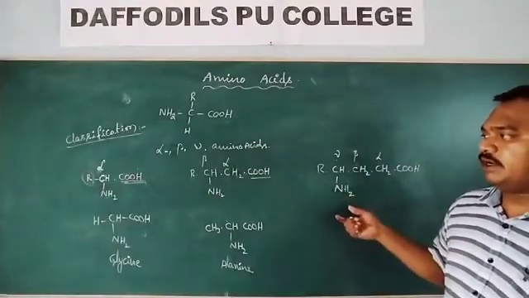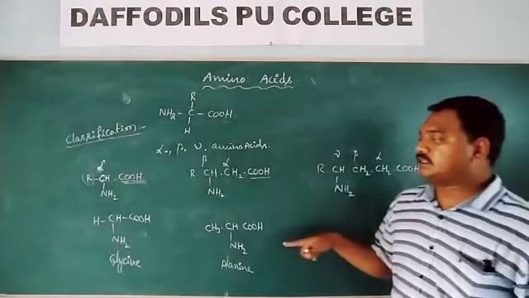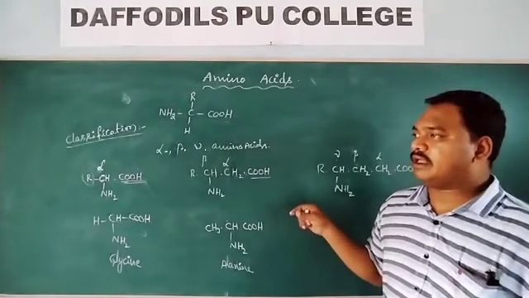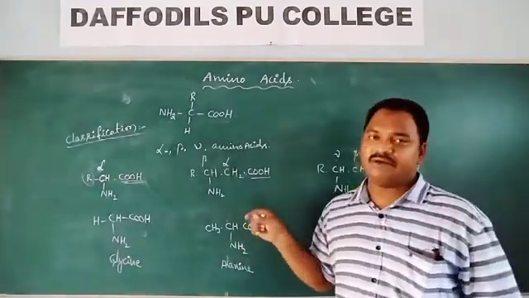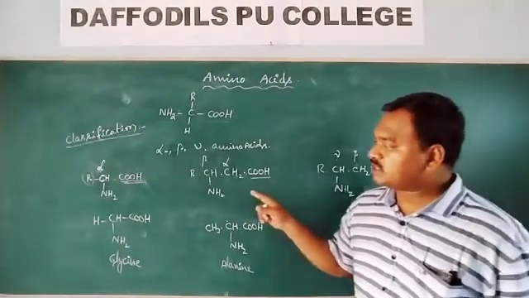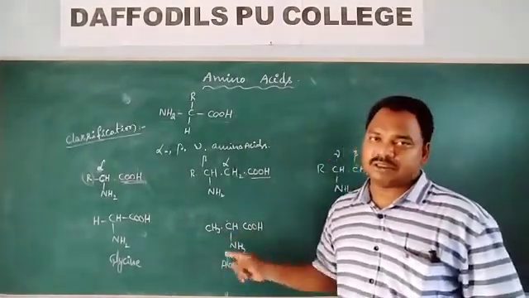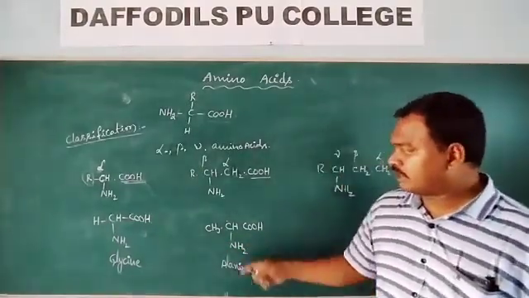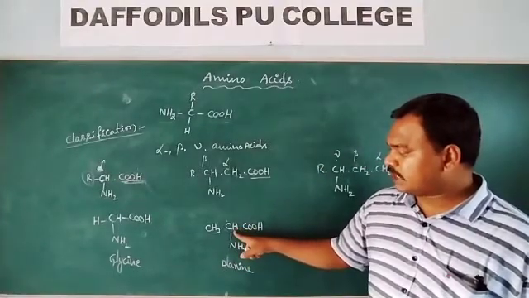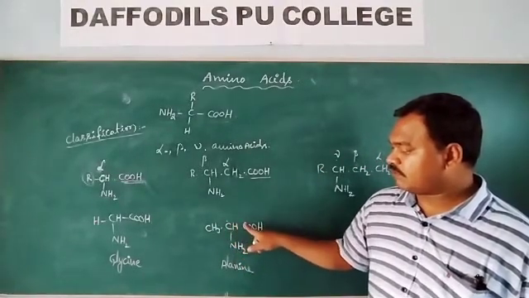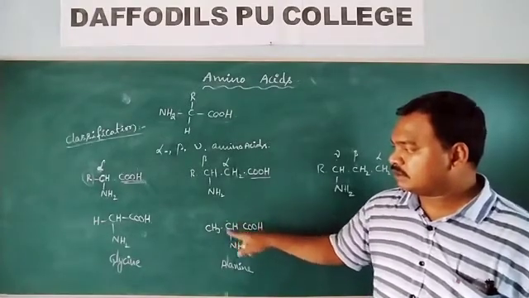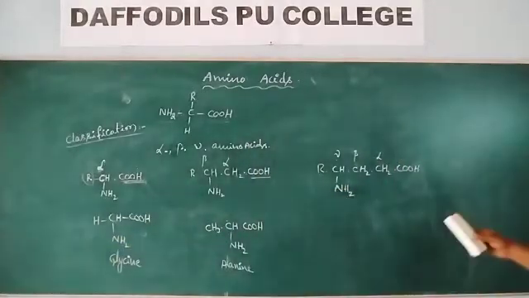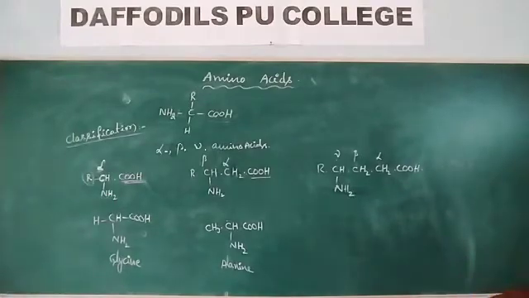We have nearly 700 amino acids. Among those, 20 amino acids play a crucial role in the building of living organisms. All these 20 amino acids are alpha amino acids. Look at to which carbon the amine group is attached. Alpha carbon. This is alpha carbon. So this is also alpha carbon. This is one kind of classification.